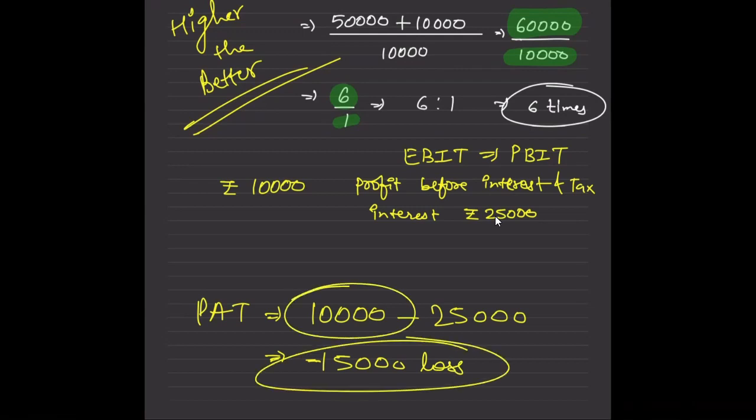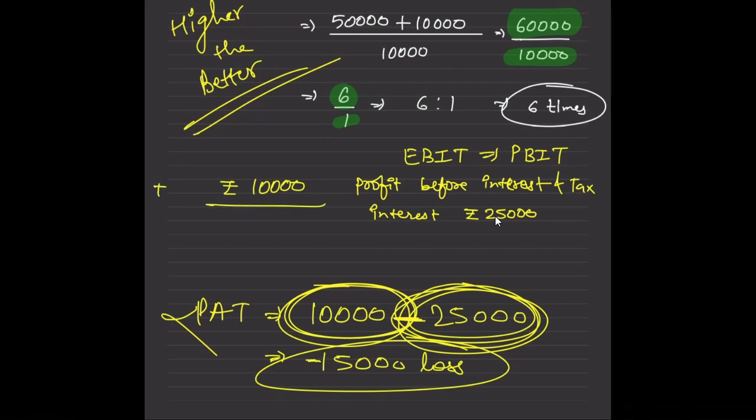The company is earning only 10,000, but it has a financial liability, a financial burden of 25,000, and it is very negative for the company. So in this way, if you calculate the interest coverage ratio, it is 10,000 divided by the interest amount of 25,000. So this is 0.4, my friends. 0.4. That means my profit is insufficient. Whenever it is less than 1,